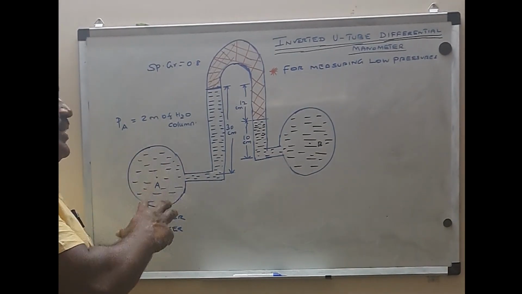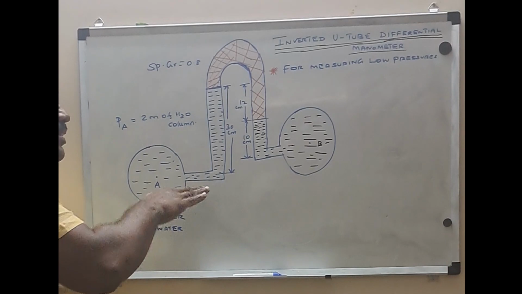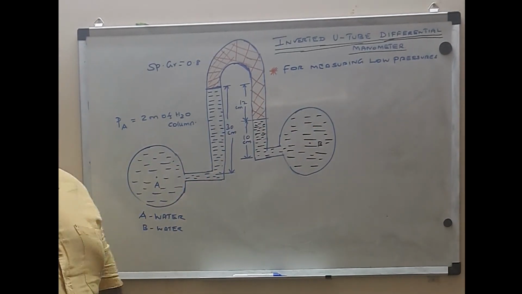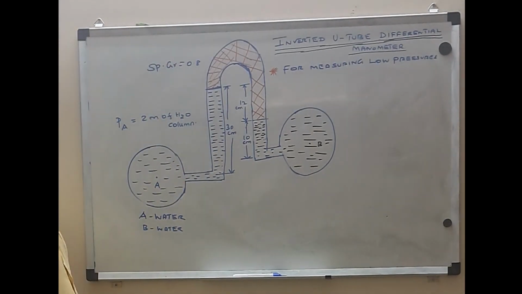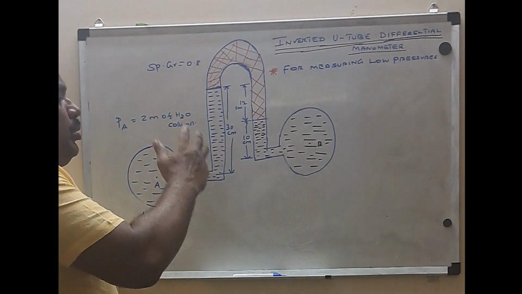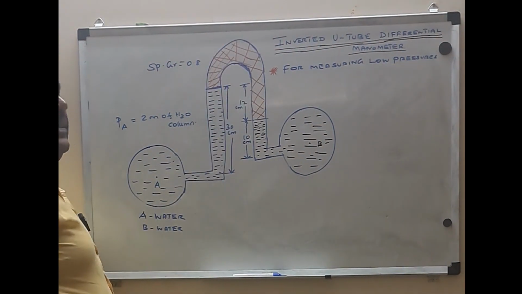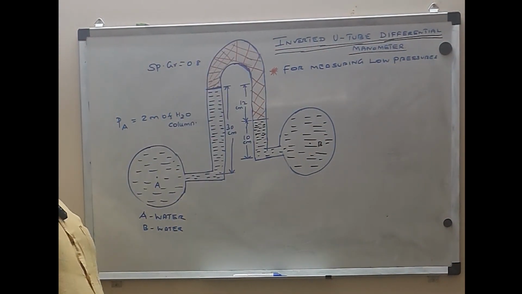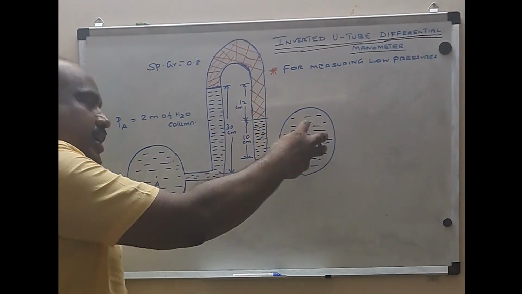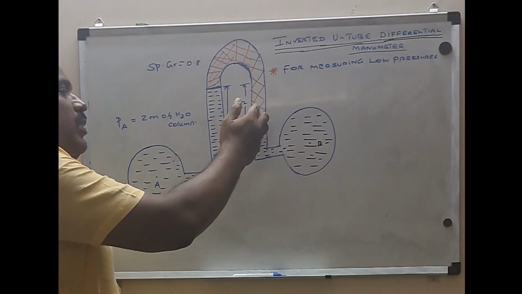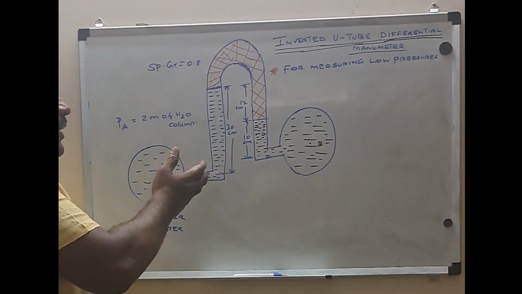Now the left hand side is water, and the right hand side is also water. Both the containers are not at the same level. This one is somewhat below, this one is somewhat up. It can also be at the same level, but in this problem, they are not at the same level. When this water is connected to the tube, this water moves against gravity and tries to compress the lighter liquid. So this liquid moves from here to this side, and the other fluid also exerts pressure, whose water column goes up to only this height, namely 10 centimeter, whereas the pressure exerted by the water A